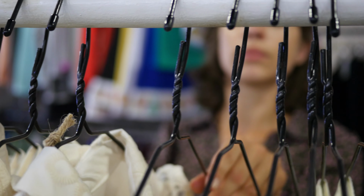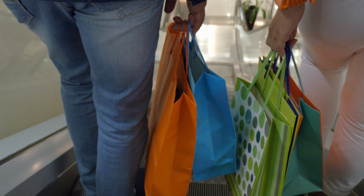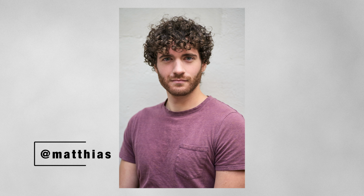One question I had early on was how to provide a wardrobe for shoots. And this could go a number of different ways depending on how much you like doing that kind of stuff yourself, if you like styling people, if you have a budget to be able to source any kind of clothing or things like that. For me, oftentimes I'm asking the model what clothing they offer, what they own already,